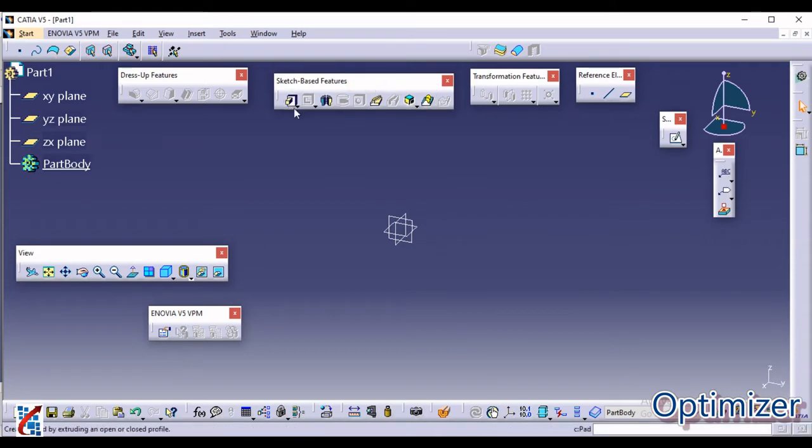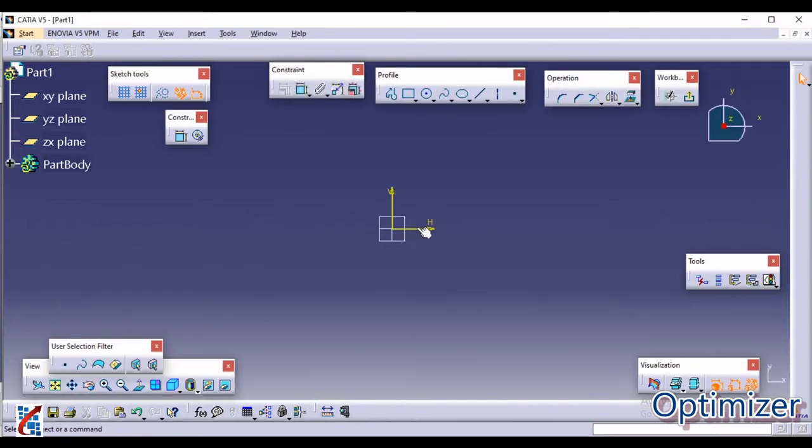Okay, let us start. Now we are going to focus on the sketch-based feature toolbar in this episode. Sketch-based feature means it requires some background sketch, and with the help of that sketch, we are going to add a third dimension, as we have discussed in the last session. Correct? So you just click on this sketch and you can select any one plane. Suppose I am going to select this as the top plane. Just select that plane, and here you need to create a sketch, whatever you want.